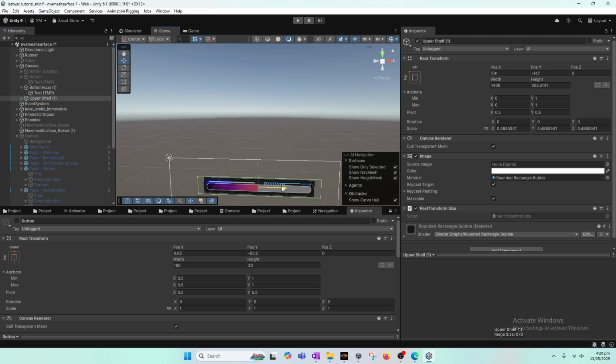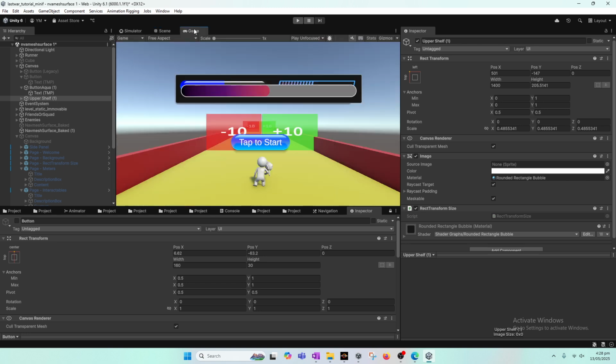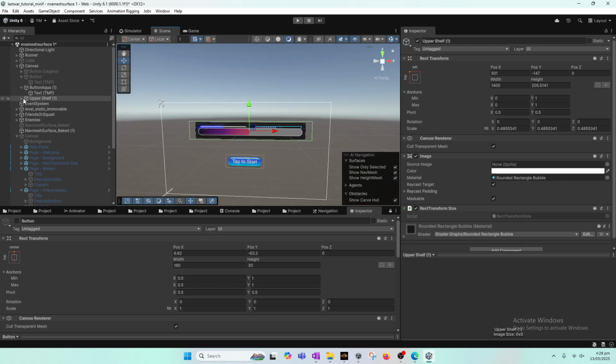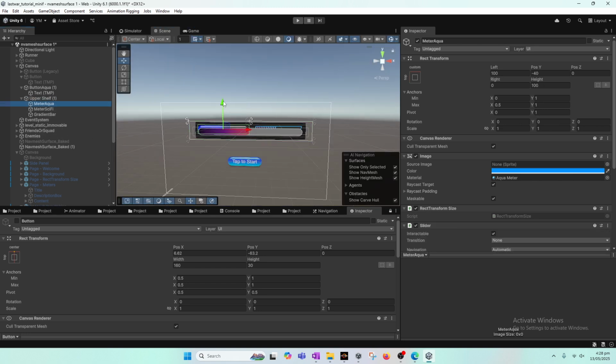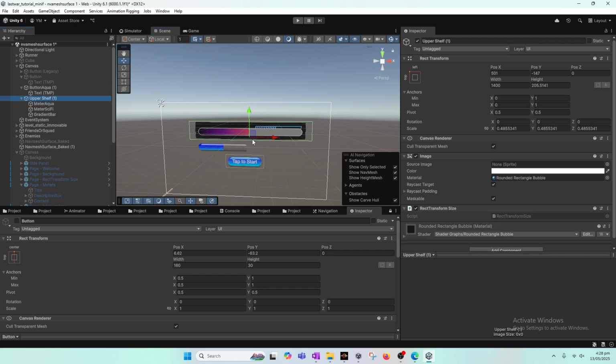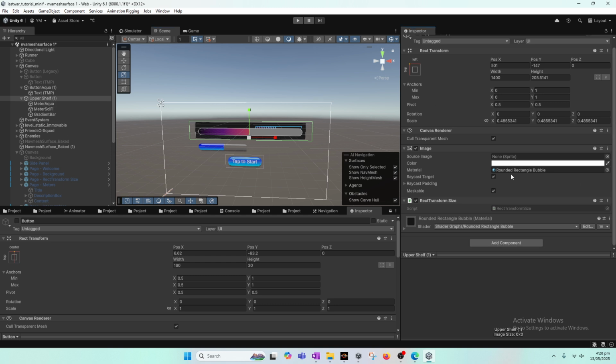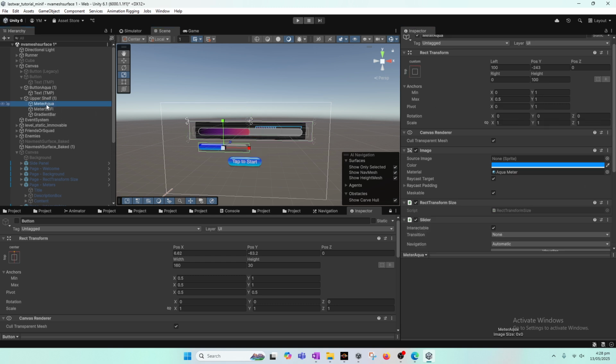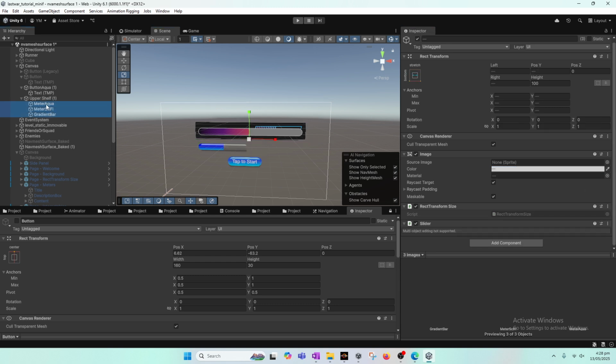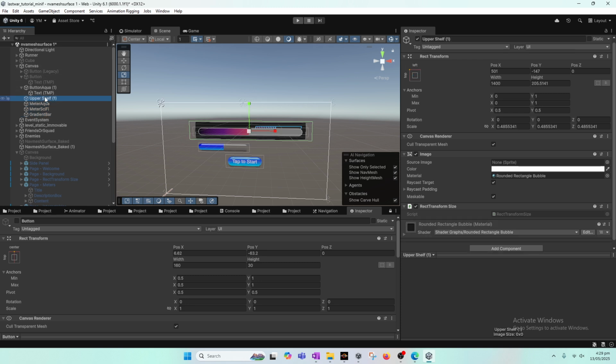So let's try to put it like this, and this is our Meter Aqua, and upper shelf is not pretty. I mean we will try to put these meters again into canvas like this, and